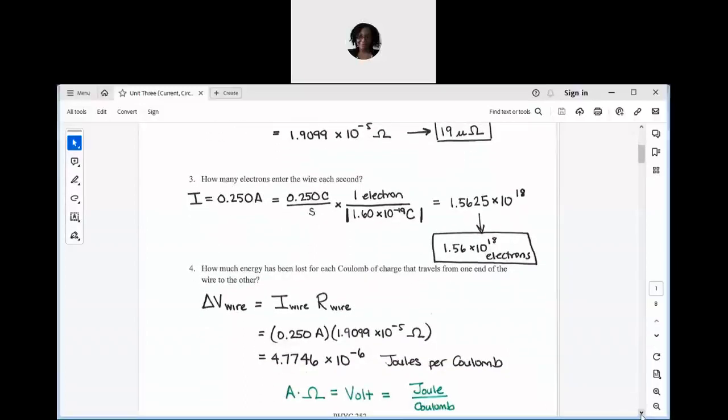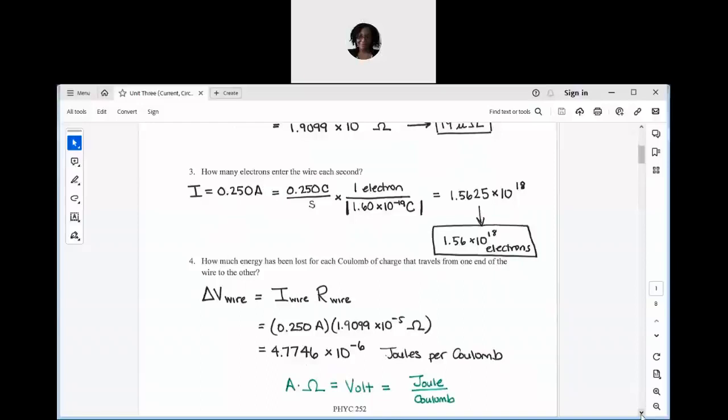Moving on to 4, how much energy has been lost for each coulomb of charge that travels from one end of the wire to the other? This is most closely related to the charge escalator model that we use to understand how the charges that you can imagine are emanating from the positive terminal of the battery end up getting the energy that they lose as they move through the rest of a circuit loop. Because the wire is not ideal and it has a very small amount of resistance, the current